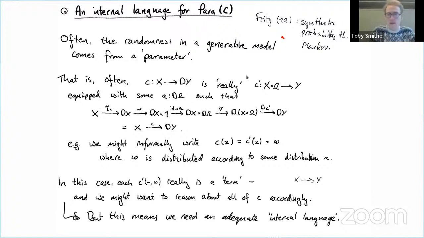There he talks about a notion called randomness pushback, where you can take any map X to dY to a map of this form. You take omega to be the space of maps X into Y, using the internal hom structure, say in sets, and then you can form some distribution on this exponential object. But I don't want to say that you can always do this for, say, measurable spaces.